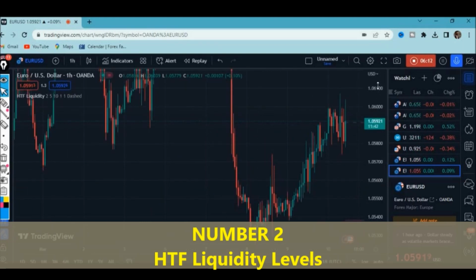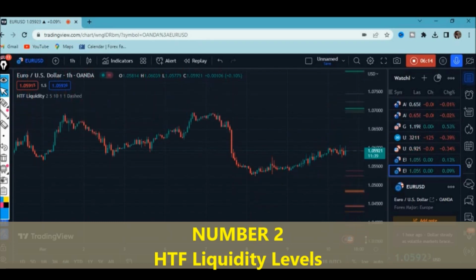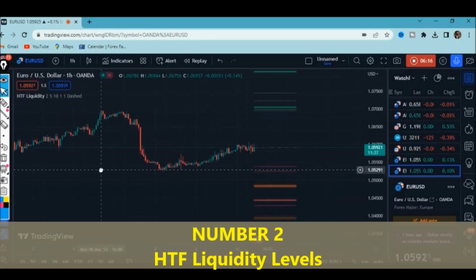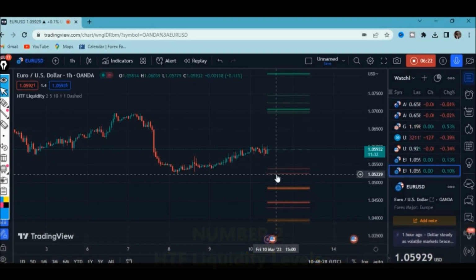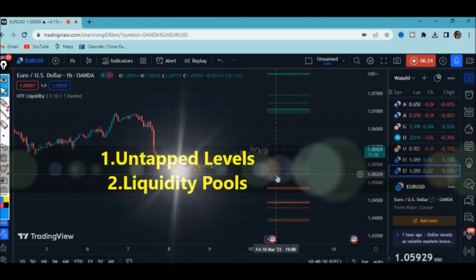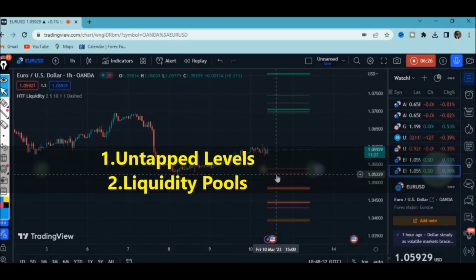To those who've been following my videos, they really know I've already talked about this indicator. So this indicator, as you can see right here, number 1, it shows us the untapped levels, and number 2, it shows us the liquidity pulse. What you're really supposed to know about this indicator is that it is popularly known that it is located behind the swing points or below the higher time frames high and low. And these key areas are said to be liquid because of the accumulation of resting orders,